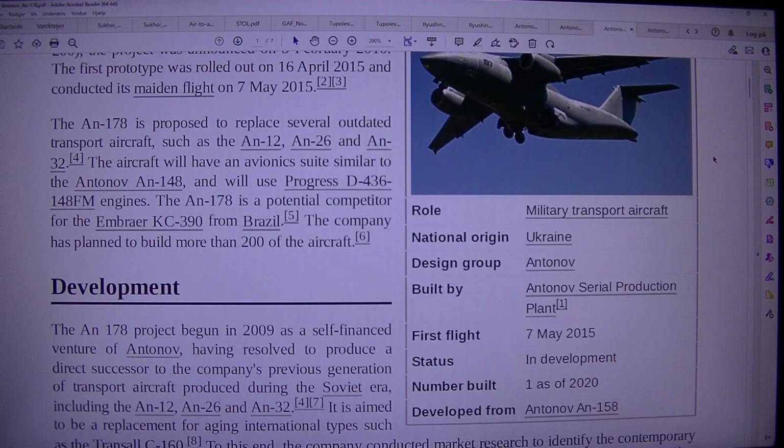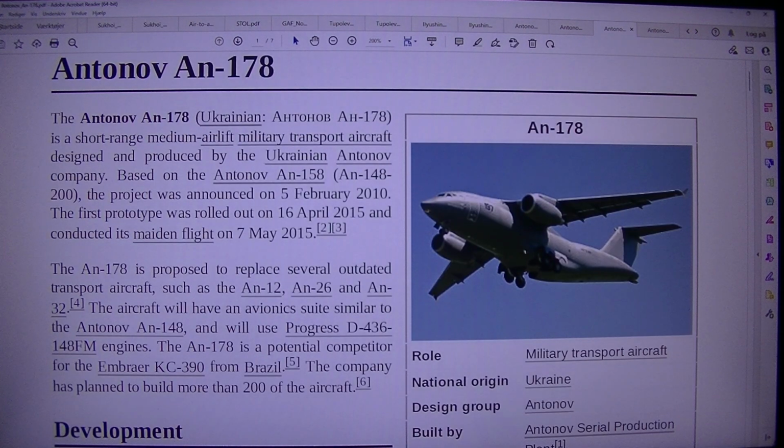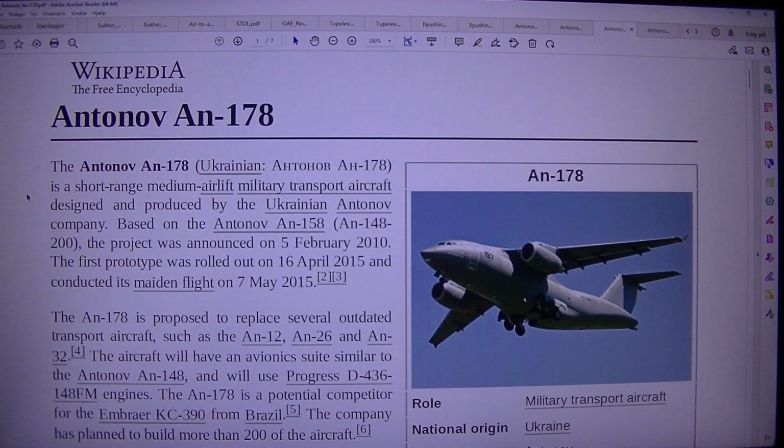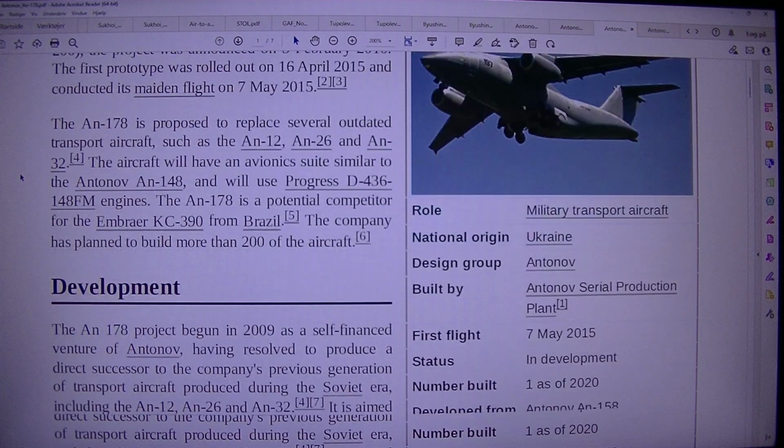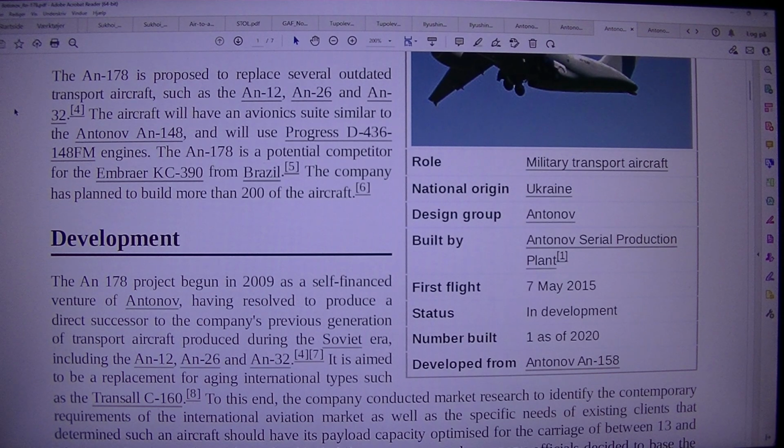The Antonov An-178 is a short-range medium airlift military transport aircraft designed and produced by the Ukrainian Antonov company. Based on the Antonov An-158 and 148-200, the project was announced on the 5th of February 2010. The first prototype was rolled out on the 16th of April 2015 and conducted its maiden flight on the 7th of May 2015. The An-178 is proposed to replace several outdated transport aircraft, such as the An-12, An-26 and